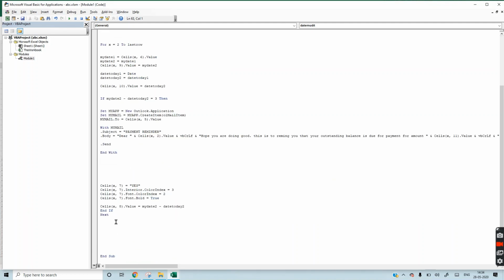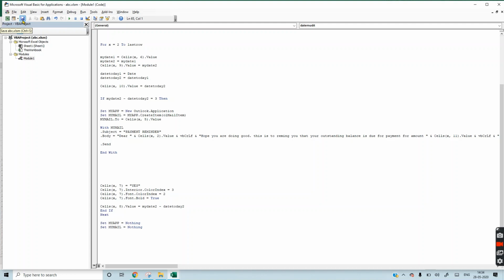Now for error handling, we have to write two lines: Set mymail is equal to Nothing. Now we have written our code.